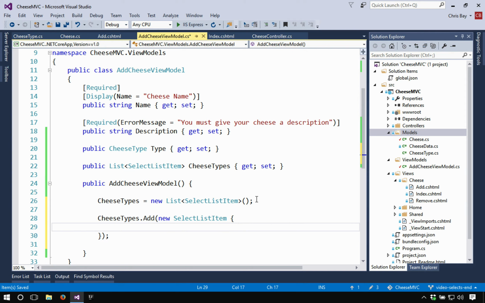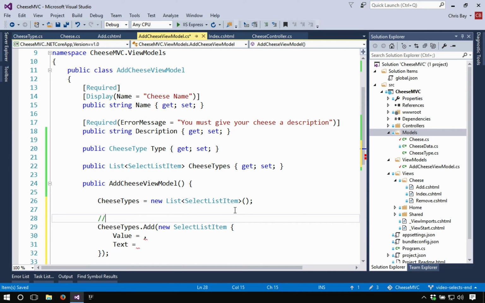So every select list item has 2 properties that determine how ASP.NET should render that select list in the view. There's a value property. We'll fill that in a second. And there's a text property. And so if we think of what our select list is going to look like, it's going to have a bunch of options in it. And the way we write the HTML for that is to say that the option has a value equal to something, and then it has a name,